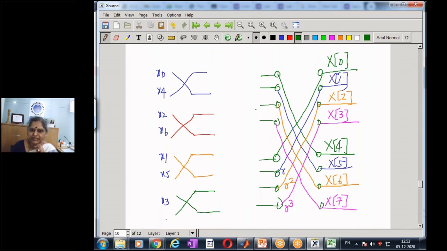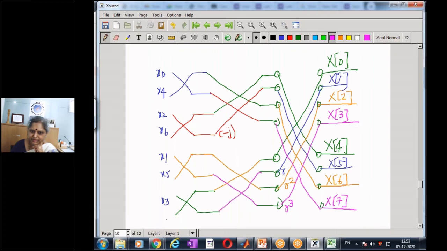So these have to be combined, and I get my first stage of 4-point DFT. So how do I combine them? The first term from each of these stages is combined, and similarly the second term from each of these stages are combined, and this we know has a branch gain of -j. And similarly here, the first term and the first term are combined. They have a branch gain of 1, and the other one, the second term and the second term are combined, and this has a branch gain of -j.